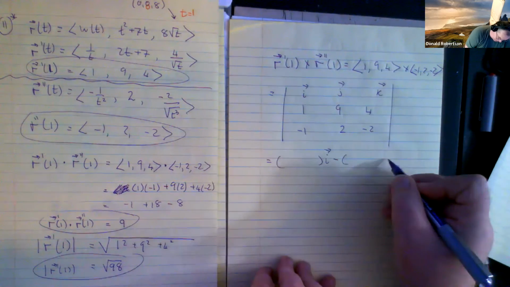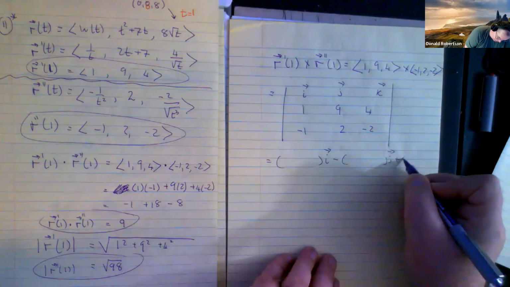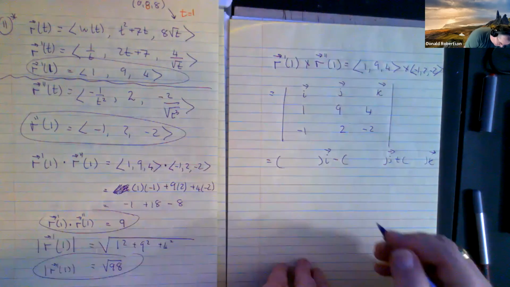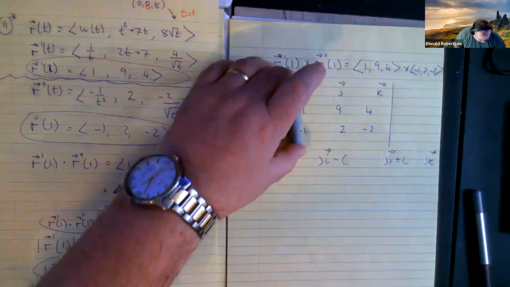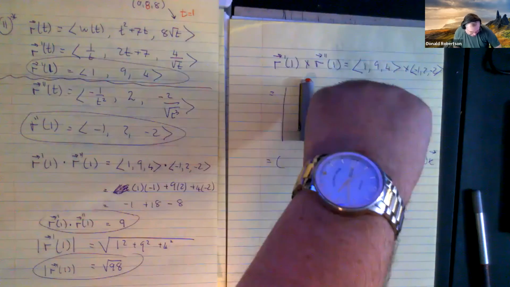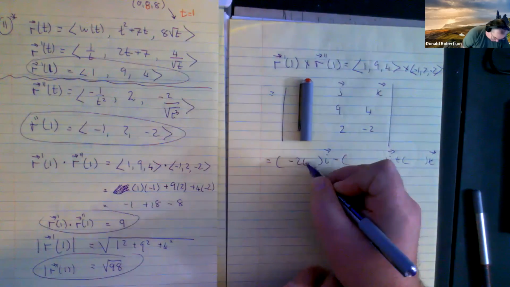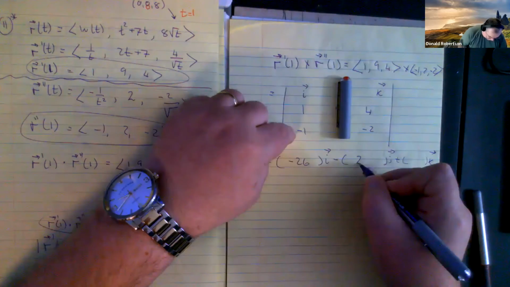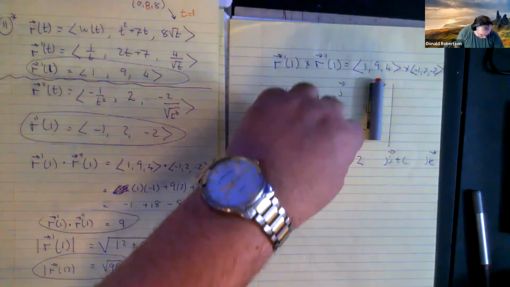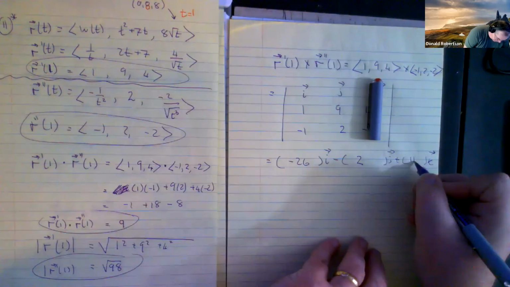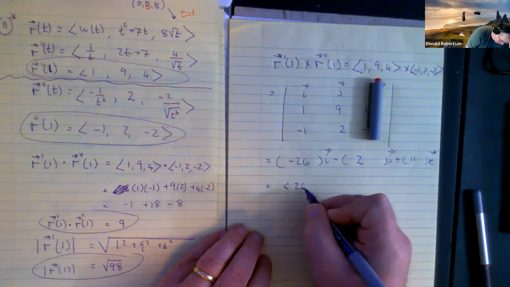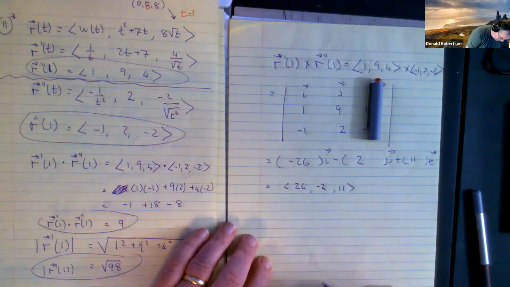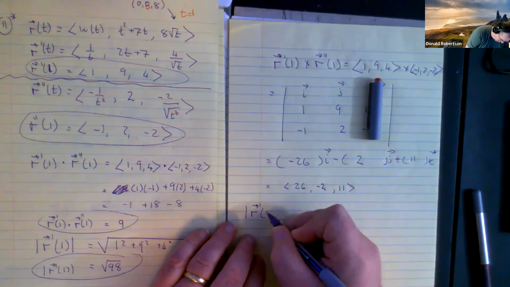So many i's. So take away so many j's. So many k's. Okay, -18 take away 8 more is -26. -2 add a 4 gives me 2. And 2 take away -9 is adding it, you get 11. So I'm looking at -26, 2, 11. And the magnitude of this cross product